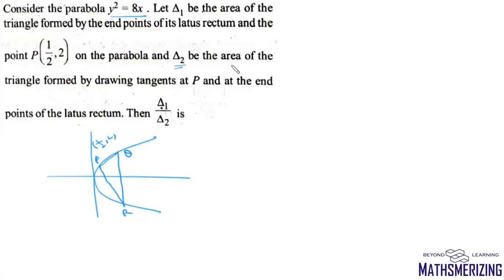And let delta 2 be the area of the triangle formed by drawing tangents at P and at the endpoints of the latus rectum. So we are drawing tangents at P, Q, and we are drawing tangents at R. So this is delta 2. We need to find the ratio of delta 1 upon delta 2. So this is a standard result. We have proved in one of our videos that the ratio of the area of the triangle formed by the points to the area of the triangle formed by the points of intersection of tangents is simply 2. So the answer to this question is simply